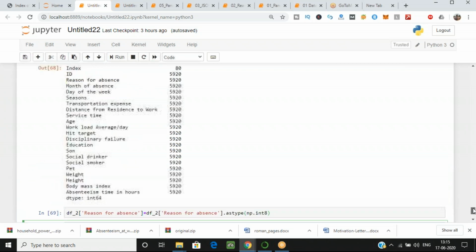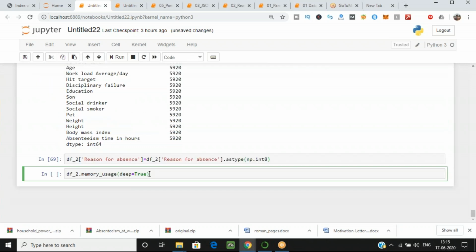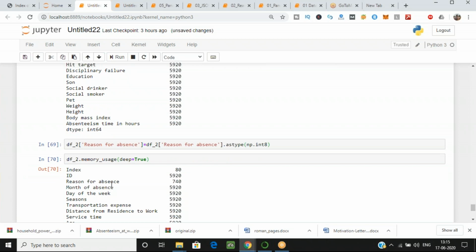We'll execute the memory usage command again. Now, can you see the reasons for absence column? We are having 740 instead of 5920. That much space we have saved on our disk.